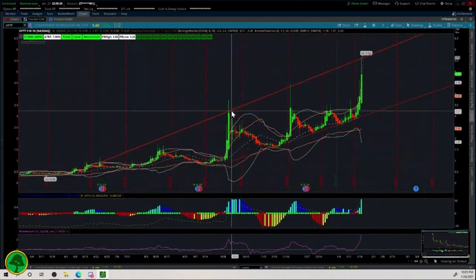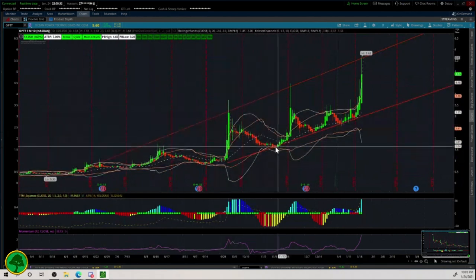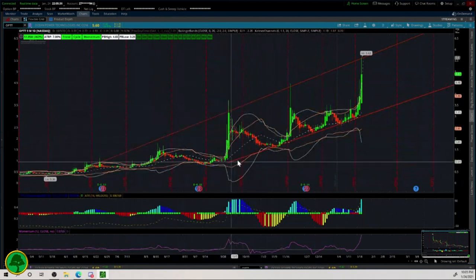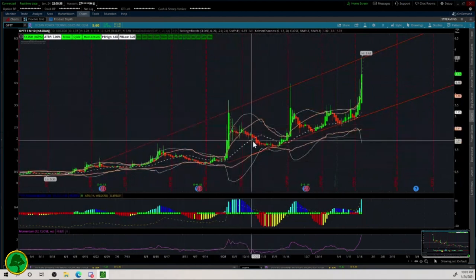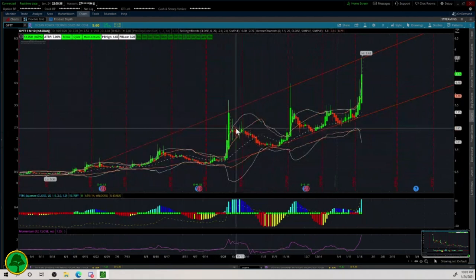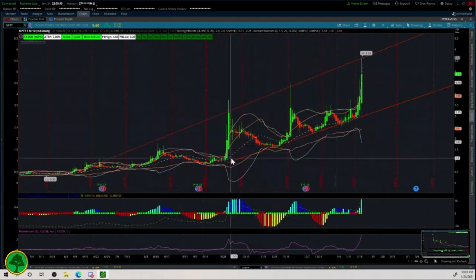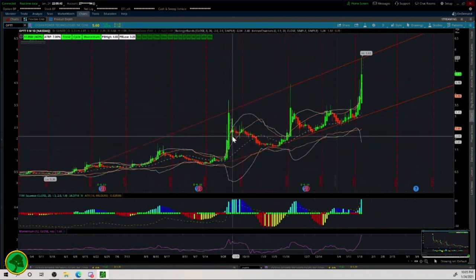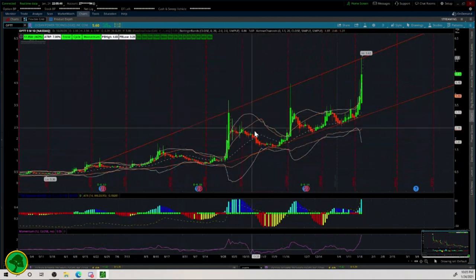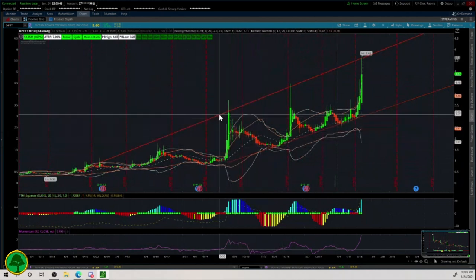So it spiked here, pulled back. I haven't drawn wedges here, but these are wedges that form once you have a consistent trend line. In this case, it never actually bounced. So I wouldn't even say that wedge formed to where you could have drawn that trend line, but it bounces on the top. So you can draw the top trend line of that triangle. And if you drew a top,